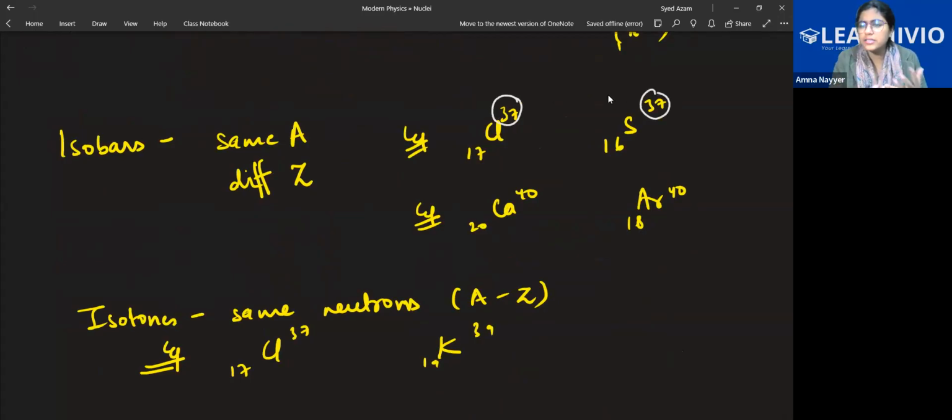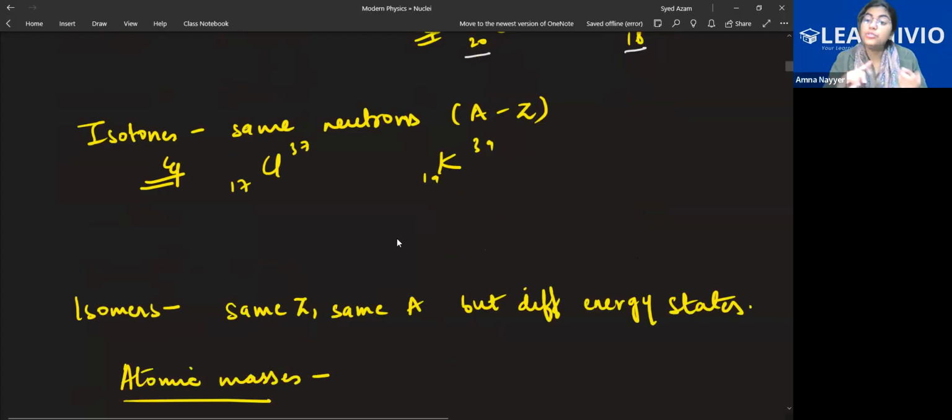So in your chemistry, you must have already studied this also. Right, so just brush up your periodic table for the questions of atoms and nucleus, just for the mass number and the atomic number. You should just remember that order of hydrogen, helium, lithium and all, okay? Then different Z, see 17, 16. Sulfur comes first, after that chlorine comes. Argon and calcium, see 40, 40, but 20 and 18. So the atomic numbers are different. So these are isobars.